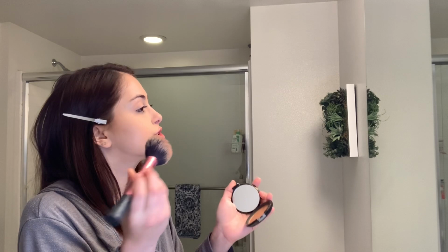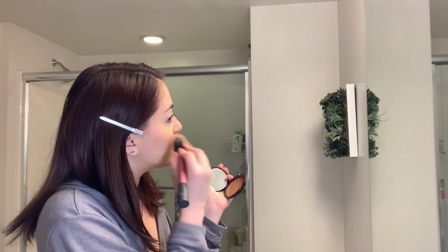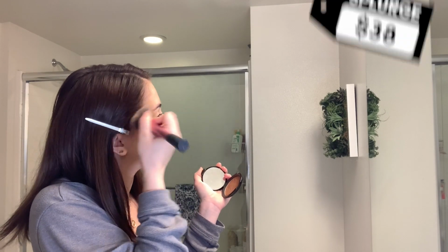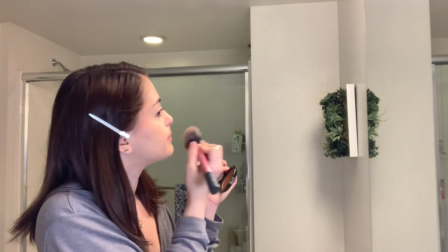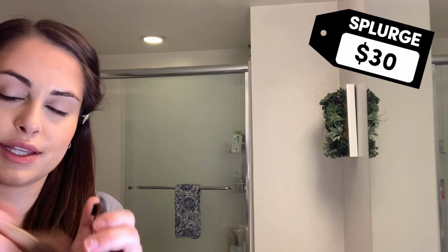It has a little bit of shimmer in it. This is $38. So for a bronzer, it's pretty pricey, but it is one of my favorites and it looks really good on me, so it's something I'm willing to splurge on. After that, I use my NARS blush. This is $30. I'm using the color